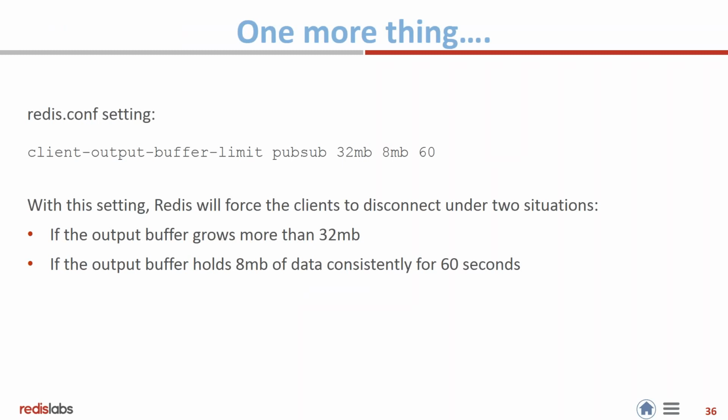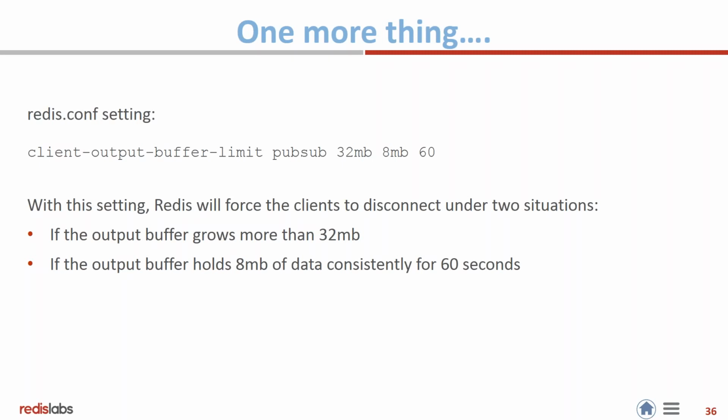topic. If you go to the redis.conf setting, there is a setting called client output buffer limit. There are 3 types of output buffers, and one of the output buffers is for PubSub. Now, you may want to manipulate this. You may want to increase the limit that you have on PubSub, but if you increase the limit, keep in mind it may hurt your performance. And what this means here is,